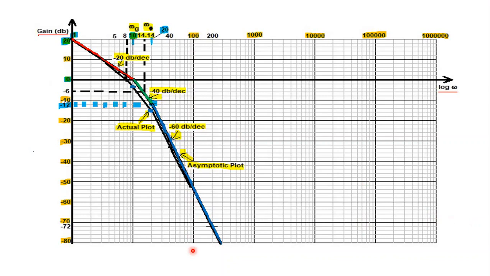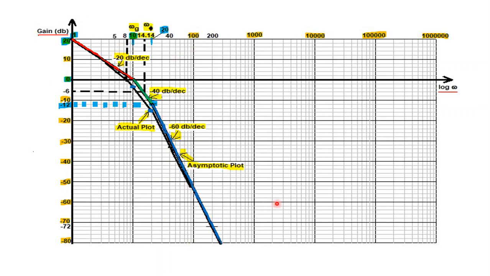We have to take the magnitude expression and guess the magnitude at different frequencies. Maybe we can even use the magnitude expression and calculate with a calculator at these frequencies, at least up to 100, and find the approximate value and proceed accordingly. Right, now we have taken the scale.